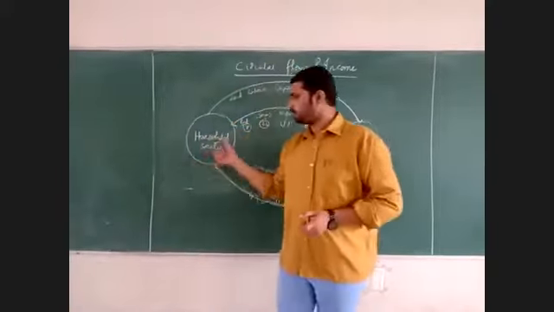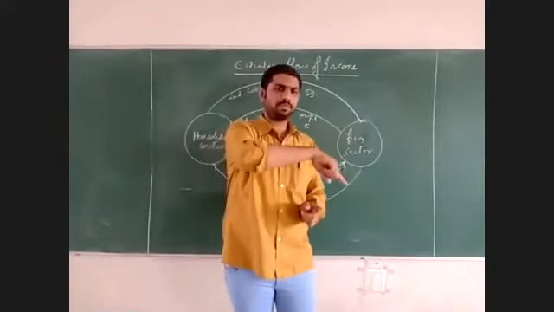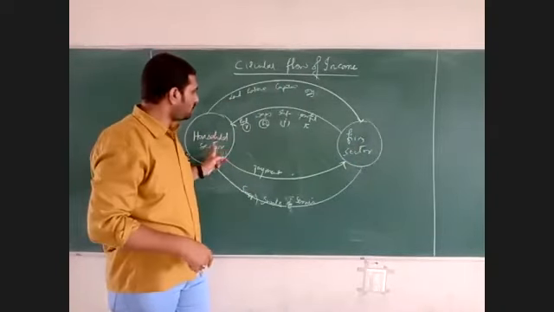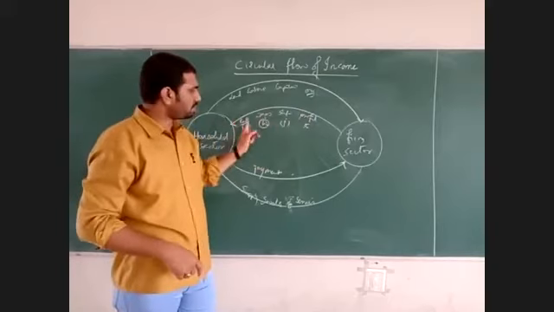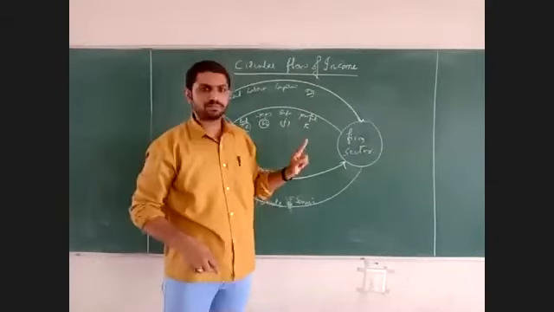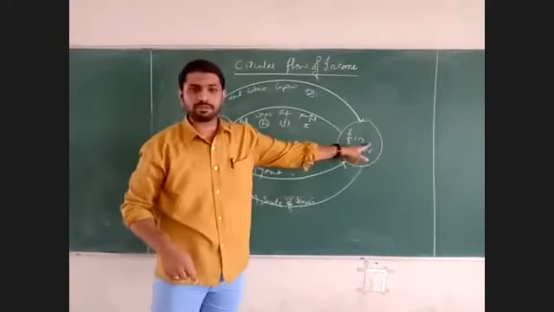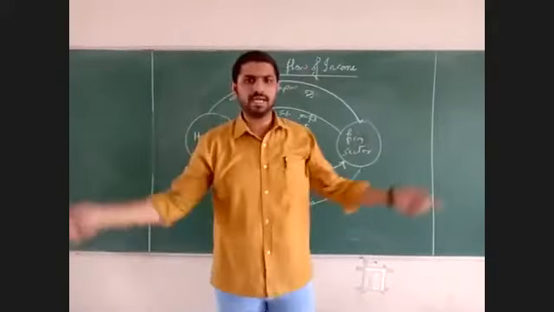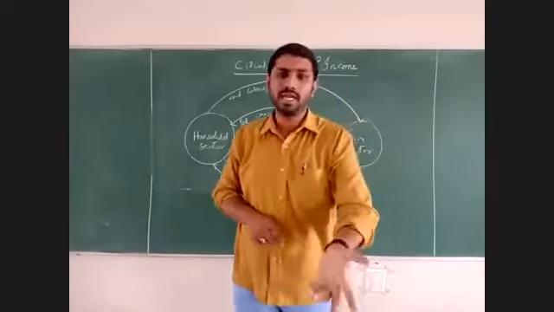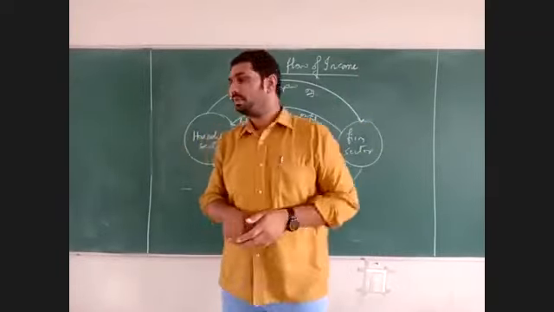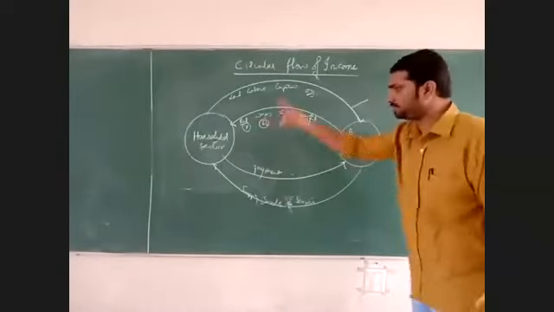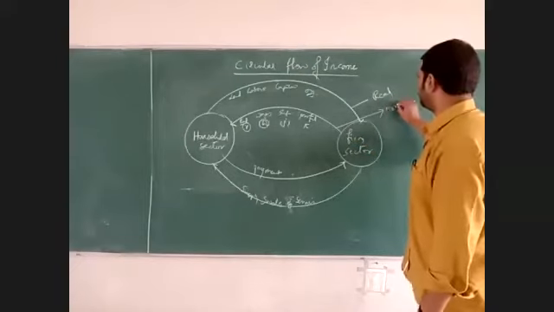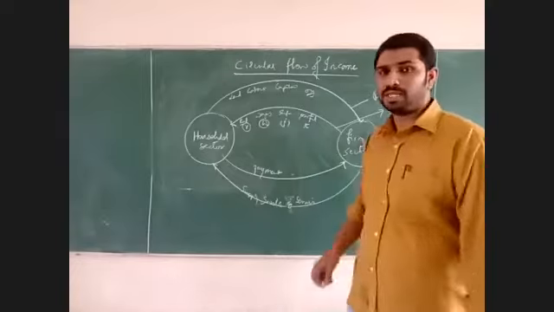In this way, household sector will send the factors of production, and the firm sector will supply the goods and services to the household sector. Household sector will receive the income in the form of rent, wages, interest, and profit. Then this income goes again to the firm sector in the name of payment. So in this way, the things will rotate again and again, because human wants are unlimited. The outer circle is called the real flow, and the inner circle is known as the money flow or income flow.